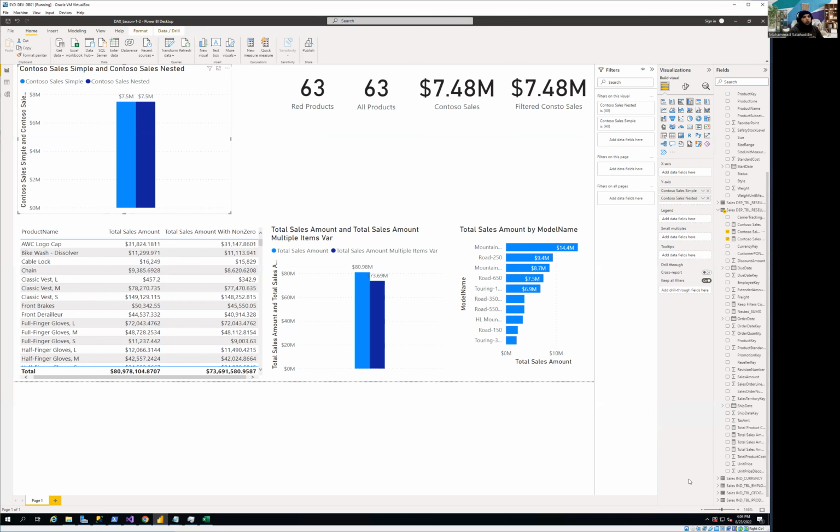So in the next one, we're going to see even one step further, and we're going to see the use of variables